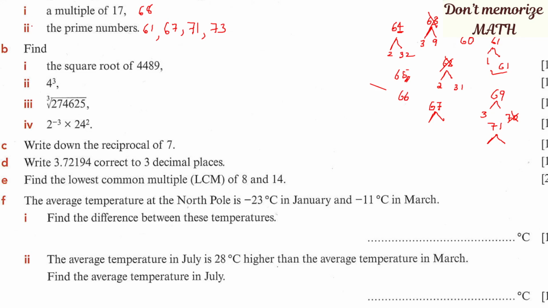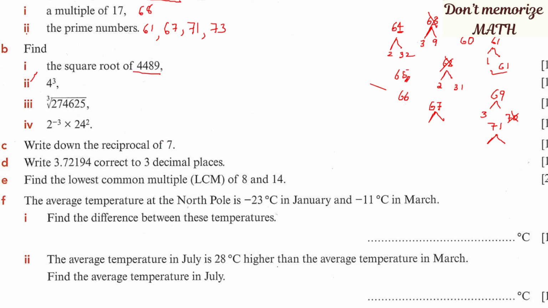You can take only numbers from 60 to 75. So you cannot take numbers bigger than 75. So just 61, 67, 71 and 73 are prime numbers from 60 to 75. Okay. Next, the square root of